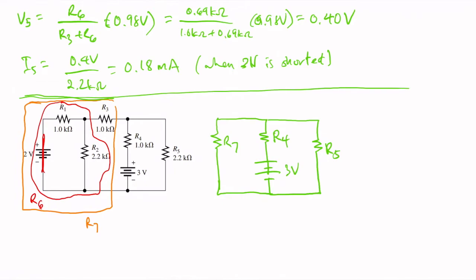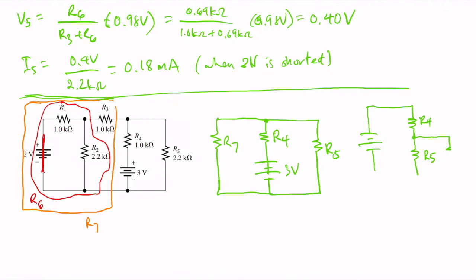Okay, how do we redraw this? So first let's draw the 3 volt source voltage, like so. Then we know that it's connected to R4, like so. And then there's a junction that connects to R5